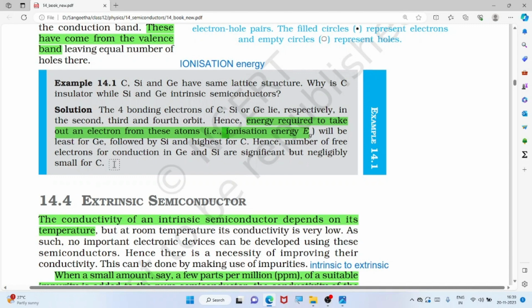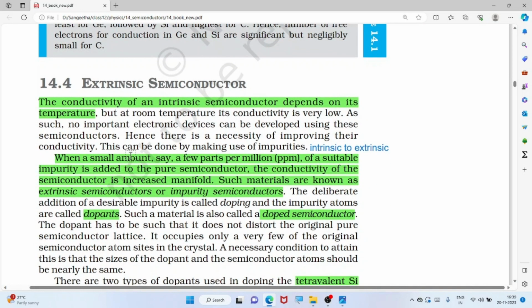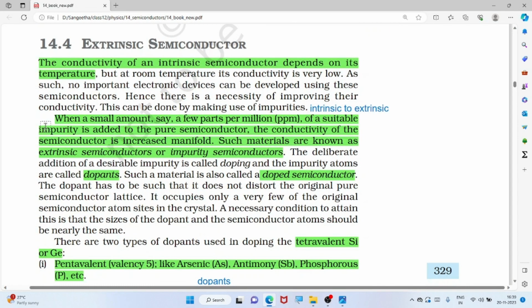So the free electrons in the conduction band will be very few for carbon. The conductivity of an intrinsic semiconductor depends on the temperature only. So now,